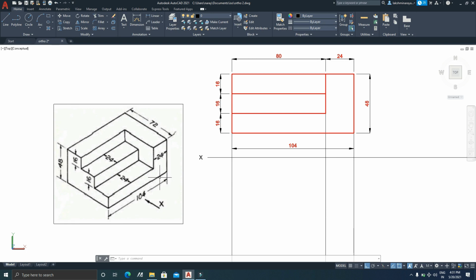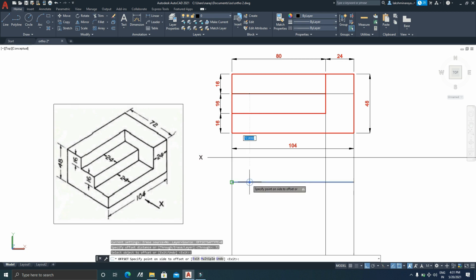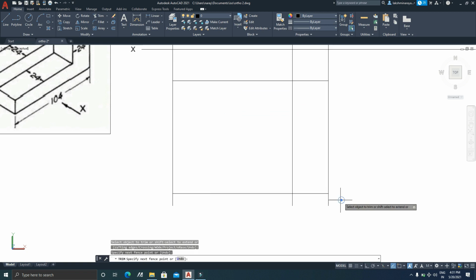If you want to draw the top view, you need to observe from the top. So you are able to see this L-shaped profile and this rectangle and again this rectangle, right? So let us start top view. From this point, draw a horizontal line, and this line is at a distance of 72 mm from that, right? So draw another line at a distance of 72 mm from that. You can erase these, they are unnecessary.